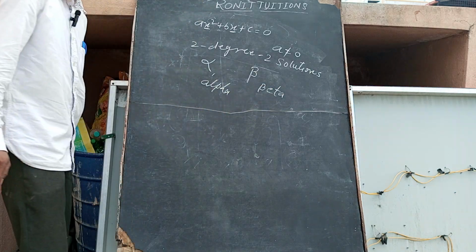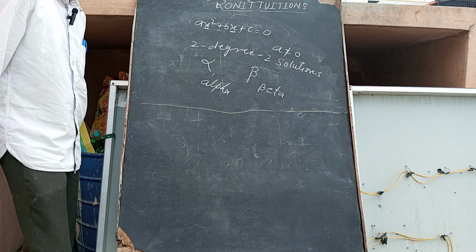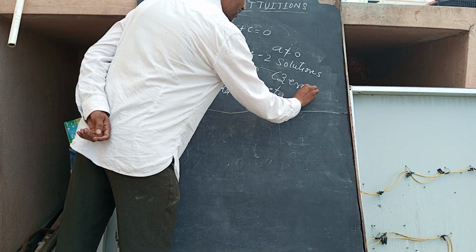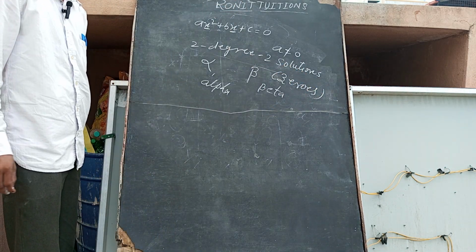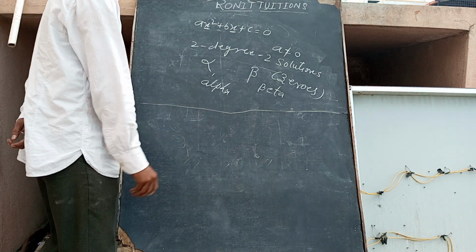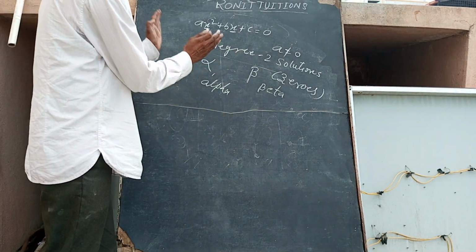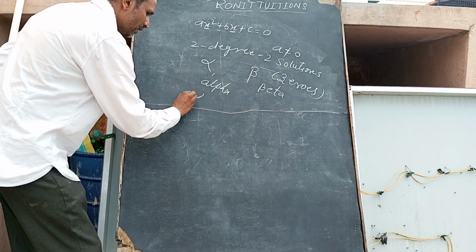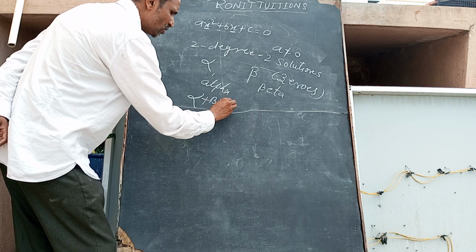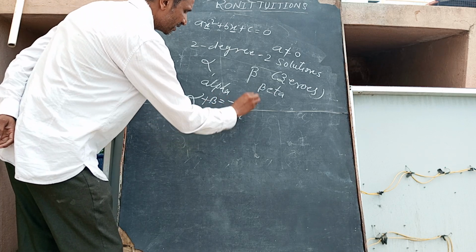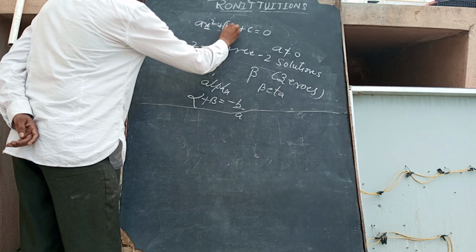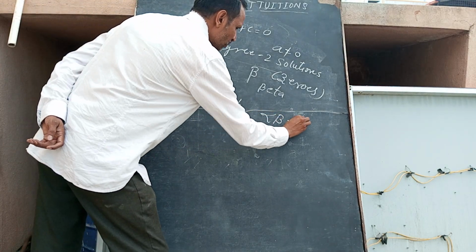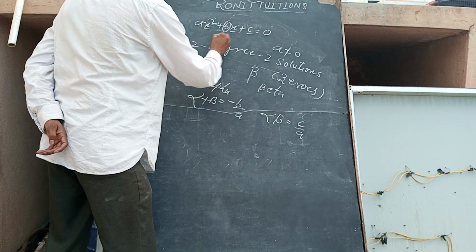These are Greek letters that we are calling alpha and beta. Now the alpha and beta are also called the zeros, and zeros also means the solution of that one. After that we have to find the relationship between them, whether it is correct or wrong. So the formula given is alpha plus beta is equal to minus b by a. This is the b value in that equation. And alpha beta is equal to c by a. This is the c and this is the a.